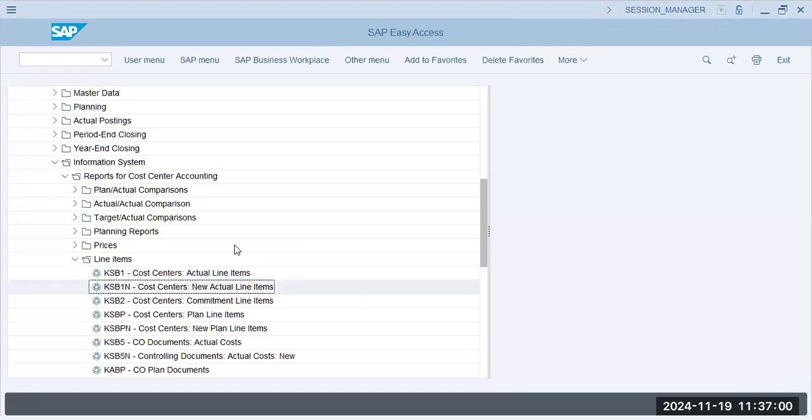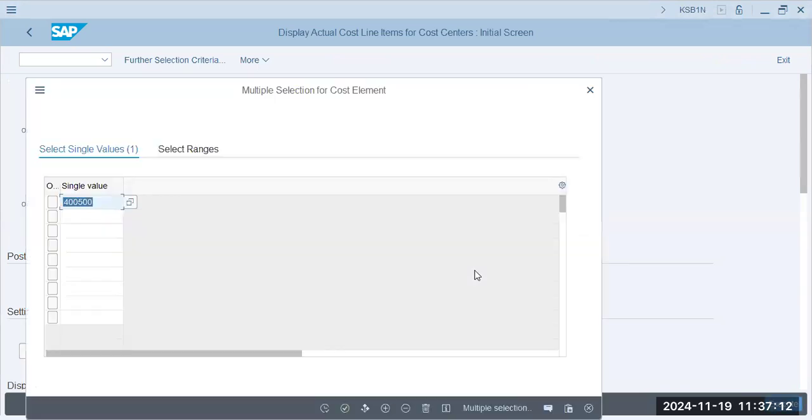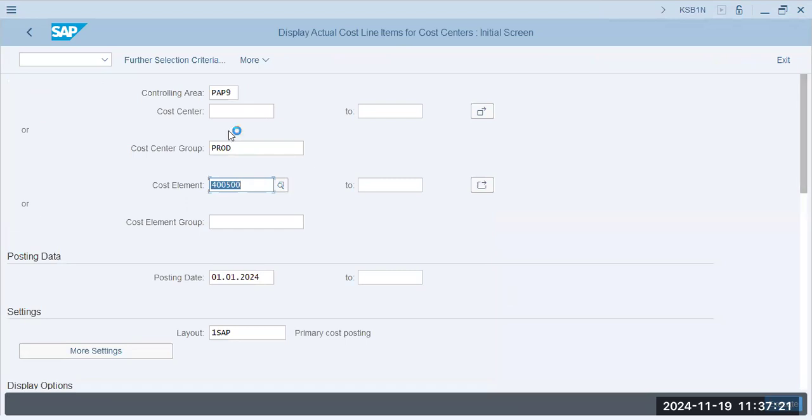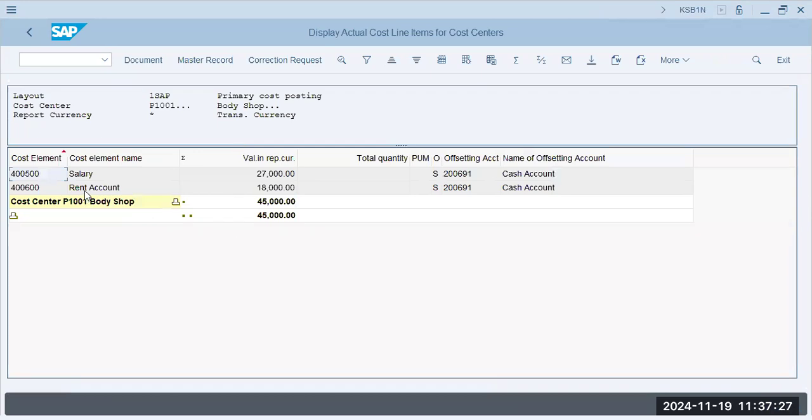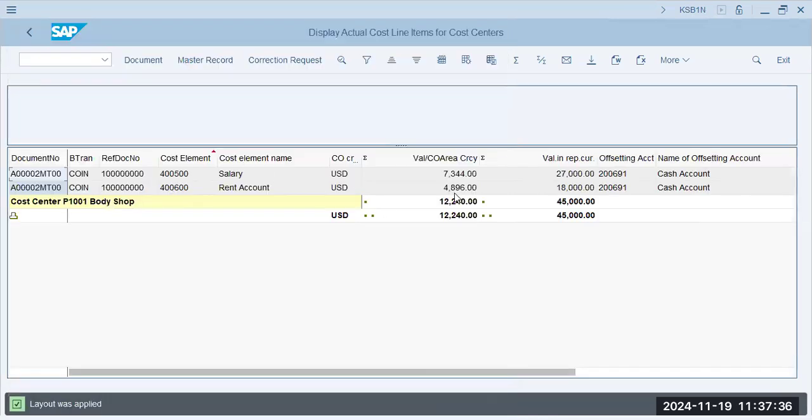New actual line items. New actual line items, and we'll select the same 400, 600. Okay. Prod is the cost center group with 3 cost centers in it. And over here we have the same. Over here we actually entered 27,000 and 18,000 in document currency, which is the source currency, and now this